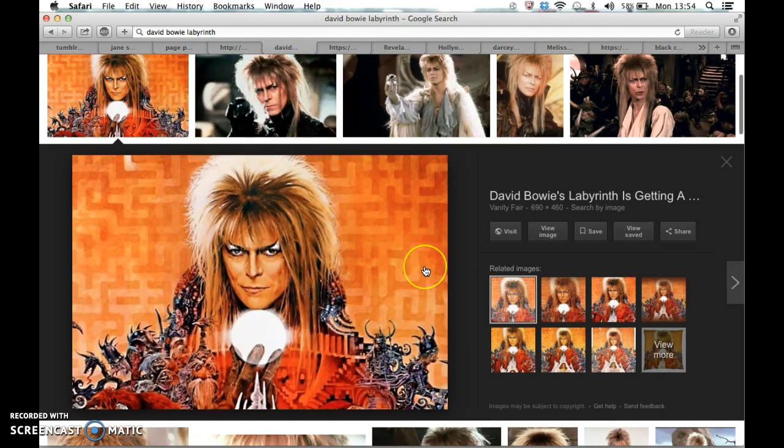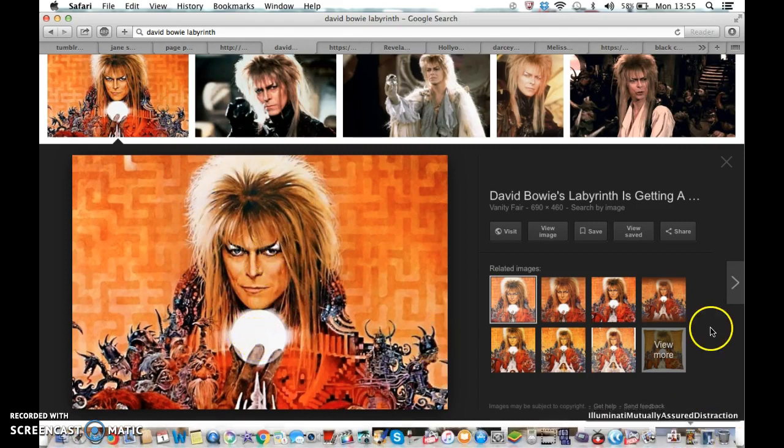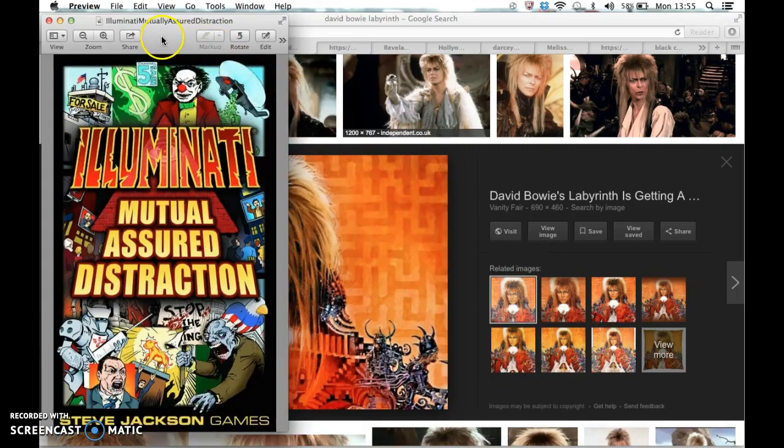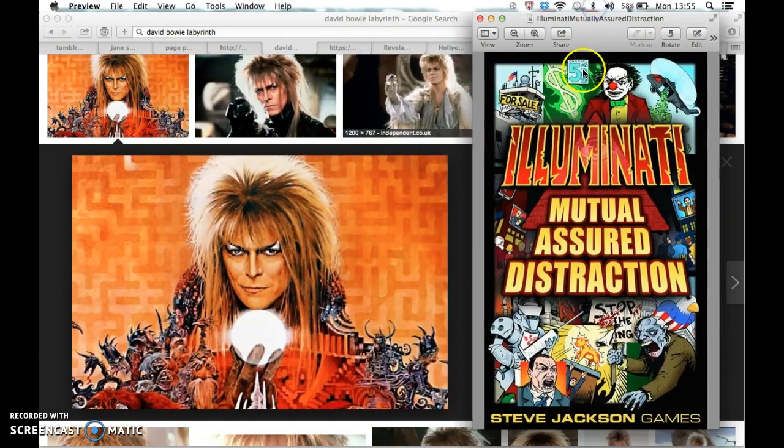So, now, let's turn our attention to David Bowie's Goblin King character. He represents just like the Goblin King out of The Hobbit, but he also represents Satan as well, the villain. Just like Stephen King's It, that's what he represents. See? The David Bowie character represents this clown right here, because Satan likes to disguise himself as a clown. He's not really a clown, though. He's like a creature, just like It.